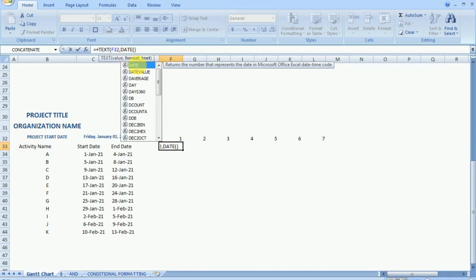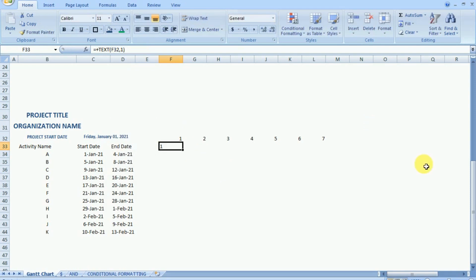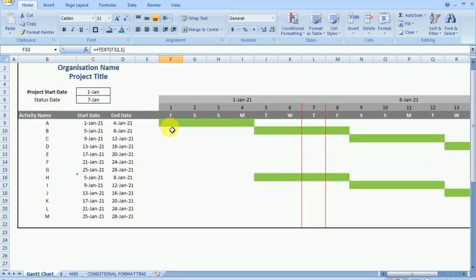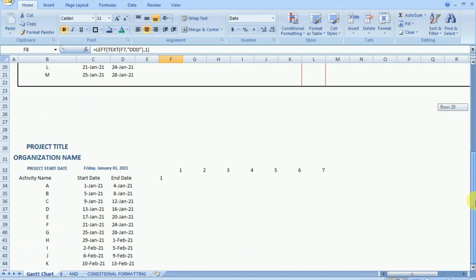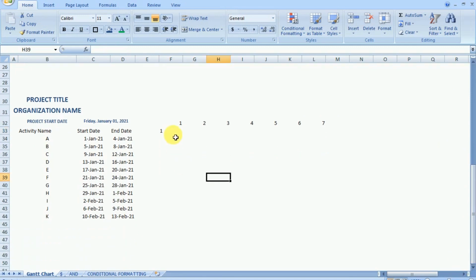In the format text you write it as date. Now here we want to change this into the weekday.